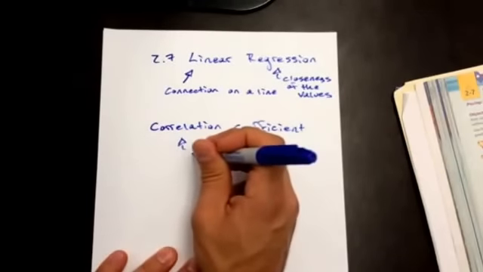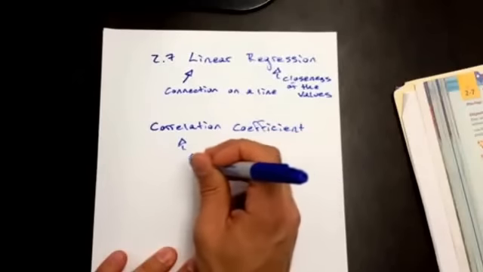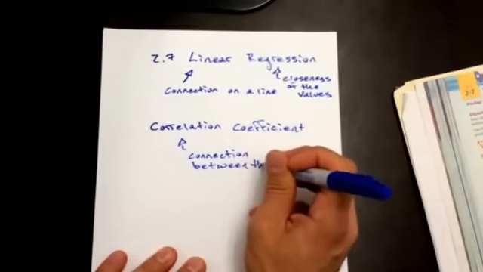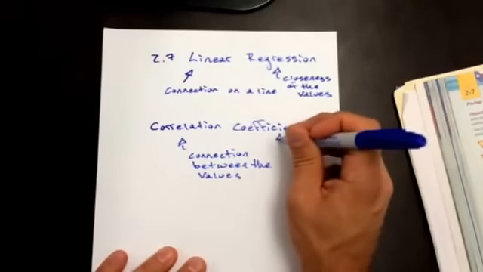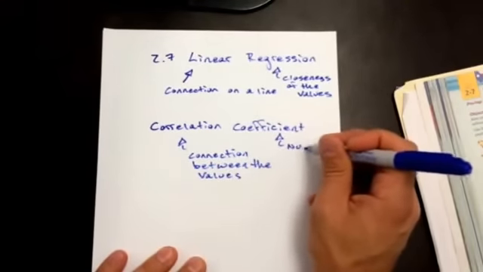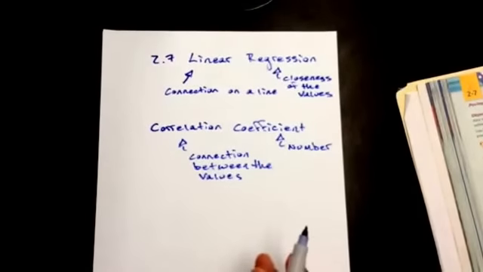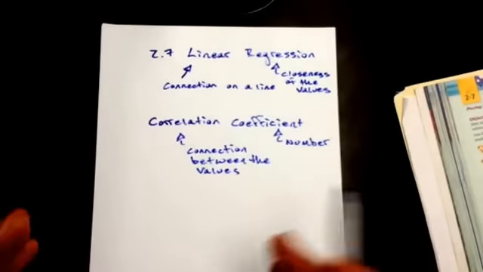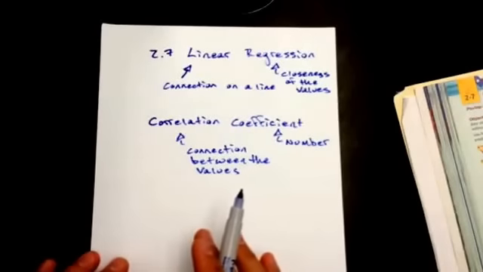Correlation means connection between the values. And coefficient means the number, the actual number. So it's going to give us an actual number that's going to be the connection between the values. So we want to look at that and decide if our linear regression has a strong or a weak